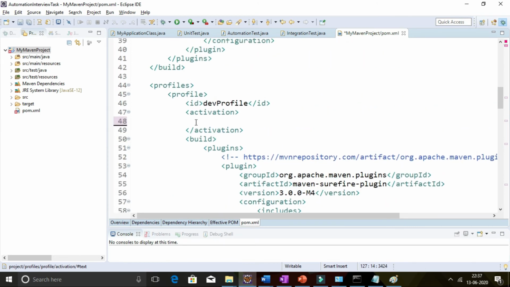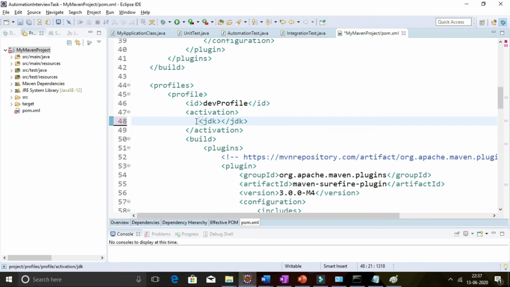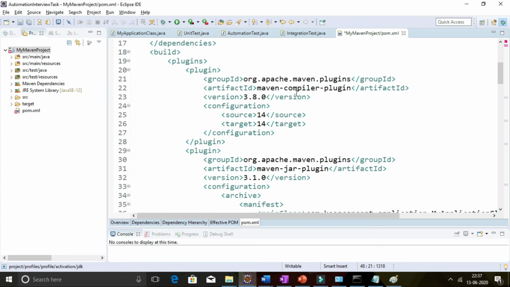And under the activation tag, we can specify a new tag as jdk. In this we can specify the version of JDK which is being used for building the project. Suppose we specify the version 14 as we are using JDK version 14 for compiling and building our project.